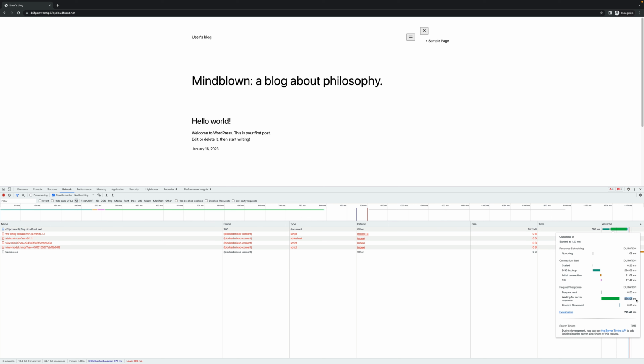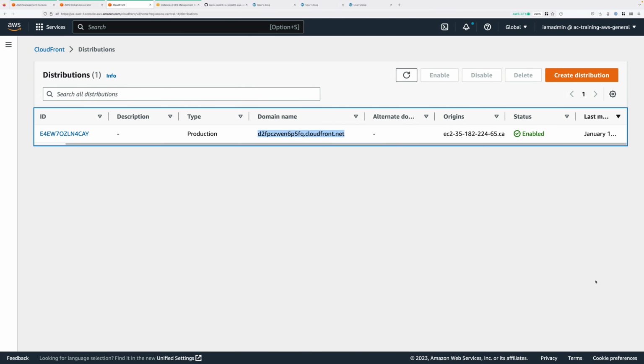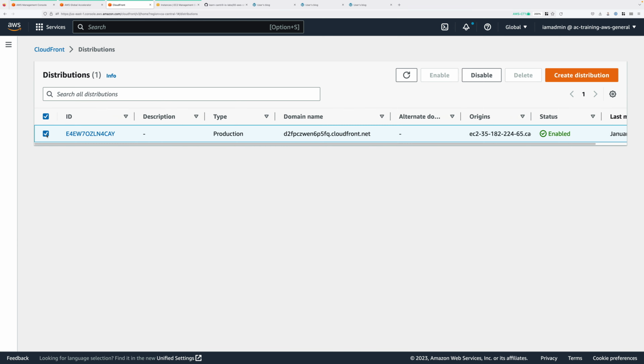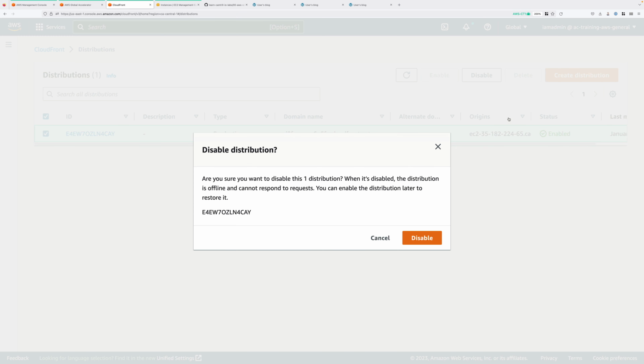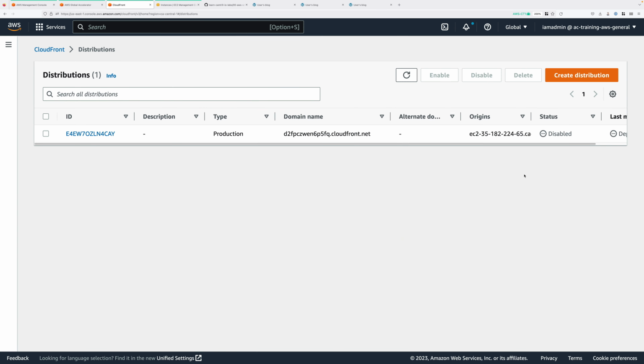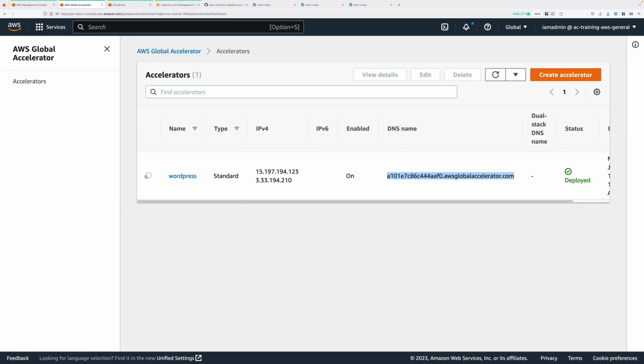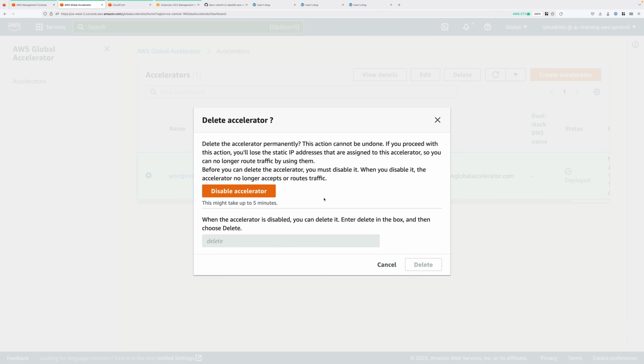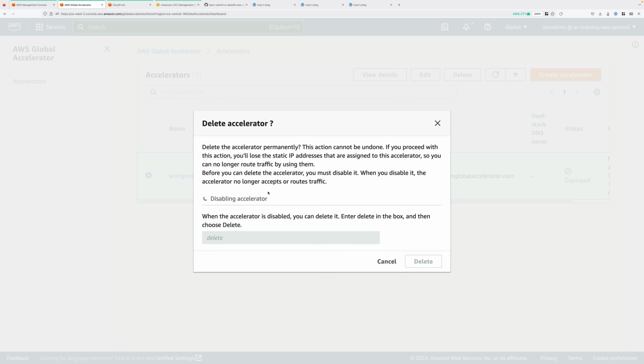Now that's everything I wanted to cover. What we need to do now is tidy up all of the infrastructure. So go back to the CloudFront distribution, select it, click on Disable. That will take some time to complete and we need that to be disabled before we can delete it. So move across to the Global Accelerator console, select the Global Accelerator and then click on Delete. You'll need to first click on Disable Accelerator and that can take some time, so we need to wait for